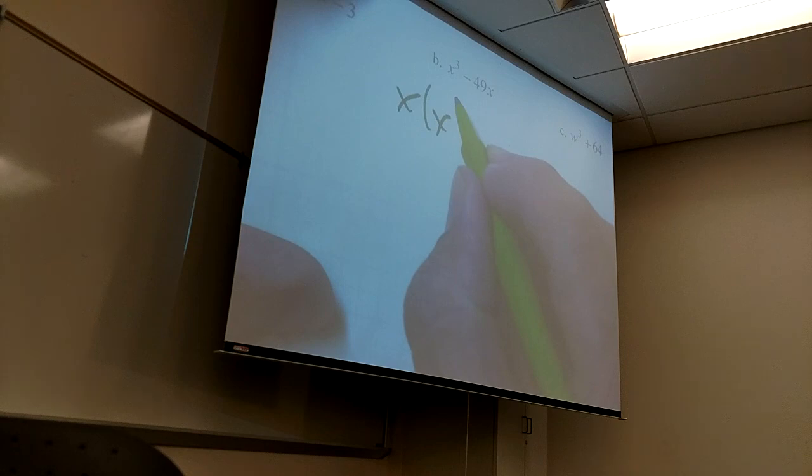And of course, this would be x squared minus 49. And now this I can see is difference of squares, which you call a thank God problem. Or thank whatever favorite deity you have, right? Because all I have to do with this